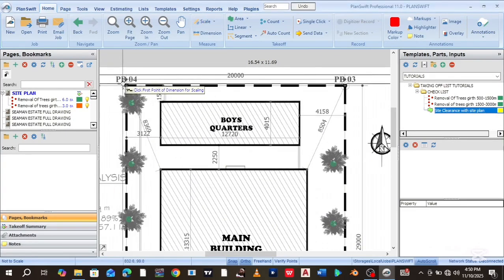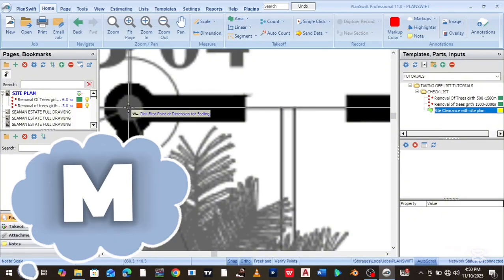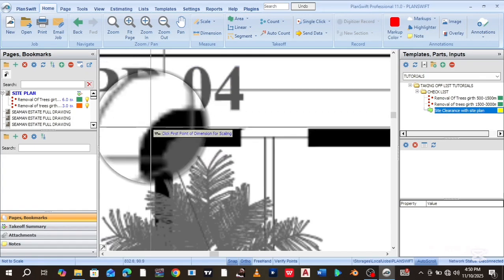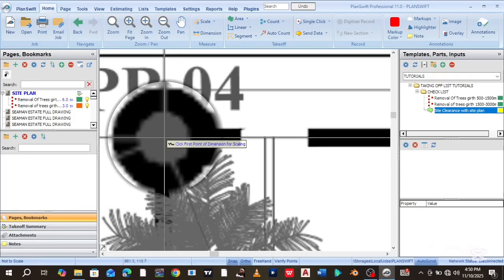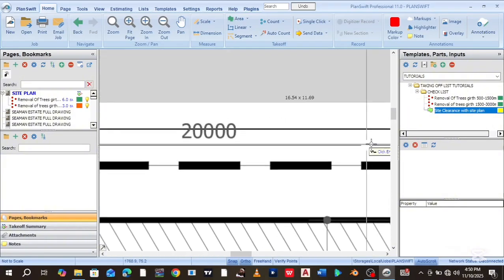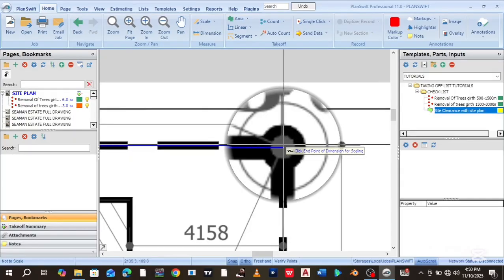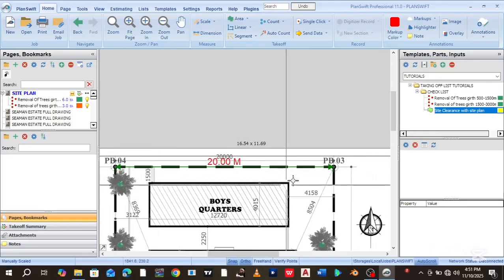Okay. So all you need to do now is zoom into points here. You can click on the letter M to magnify. Centralize the center point and click. When you click on that, you move this to the second point here. You magnify, centralize, and click on enter. So now you can see that it has scaled it,